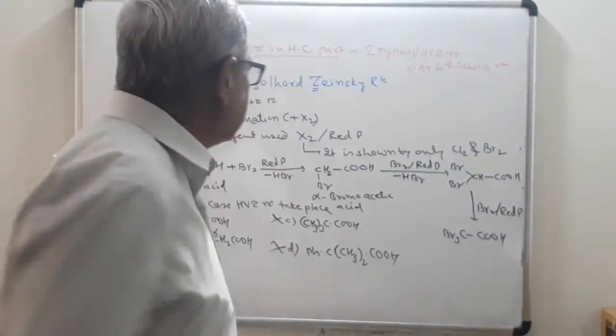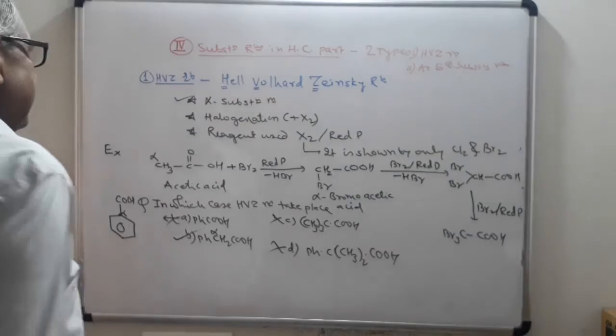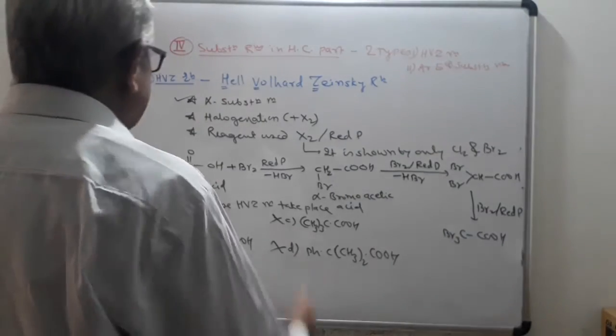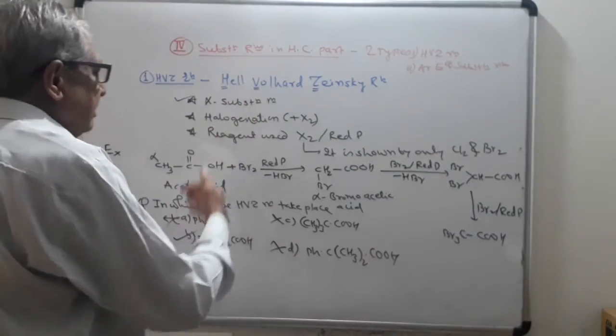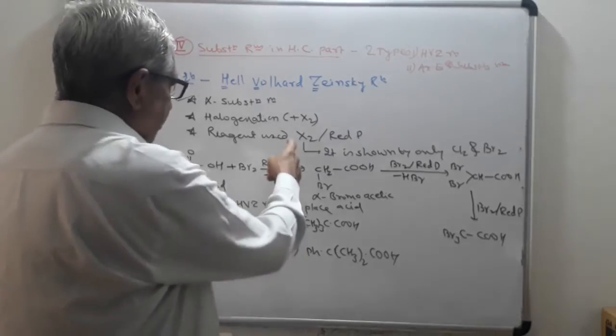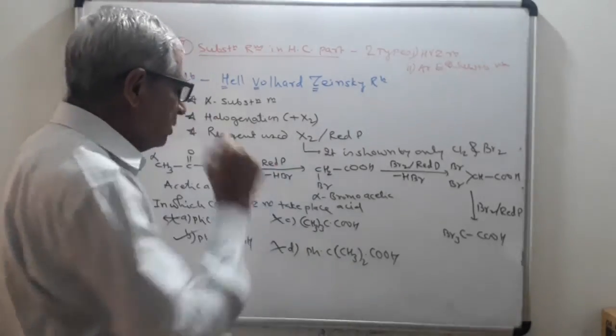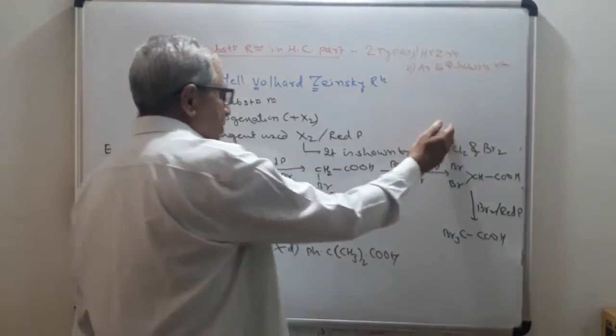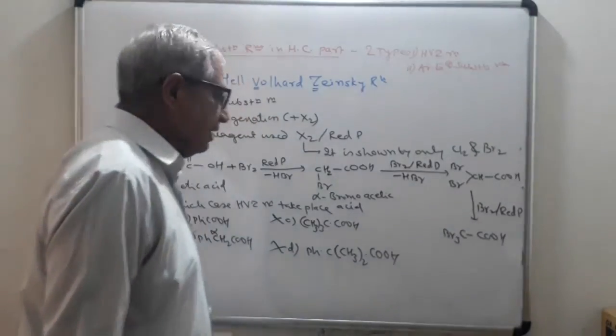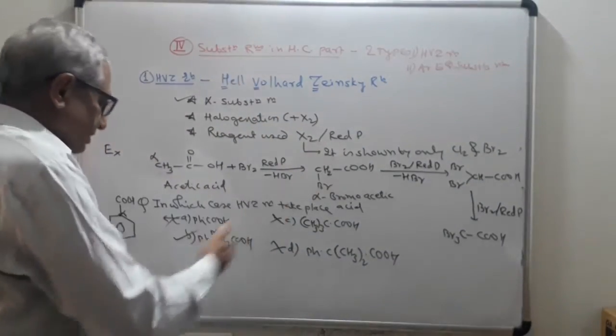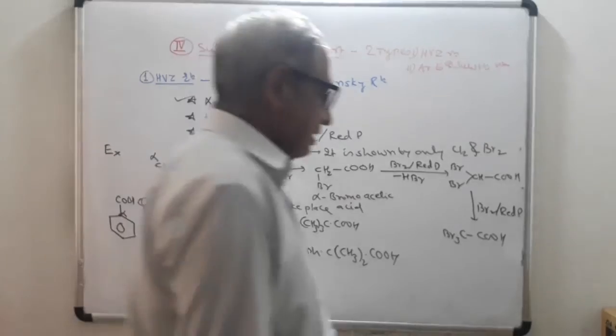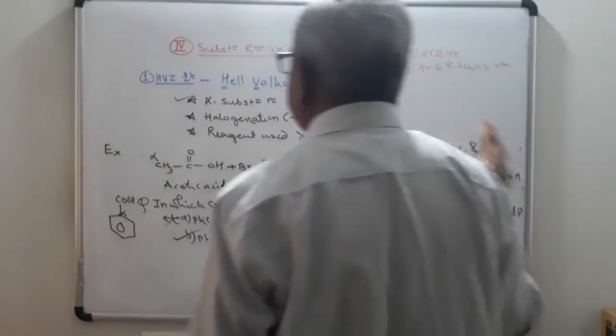Take a brief revision on the HBZ reaction. It is alpha substitution. It is halogenation. Reagent used is halogen in presence of red phosphorus. It is shown by only chlorine and bromine, not by fluorine and I2. These are the objective questions. Now only one type remains here, that is